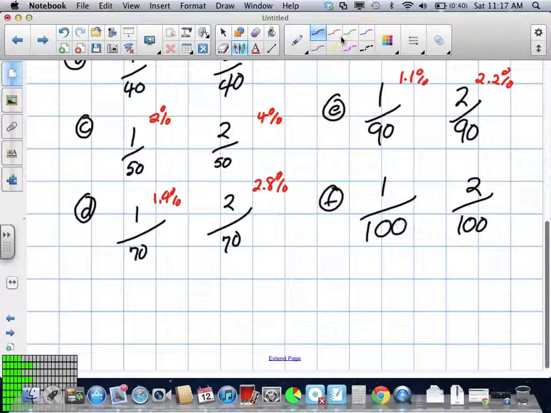What would 1 out of 100 be as a percent? 1%. It would give you exactly 1%. And what would 2 out of 100 be? 2%. So remember the bottom number is talking about the number of chips tested, right? We were talking about first testing 40 chips, then 50, then we jumped to 70, 90. If we test 100 chips, for each chip that's wrong or malfunctioning,